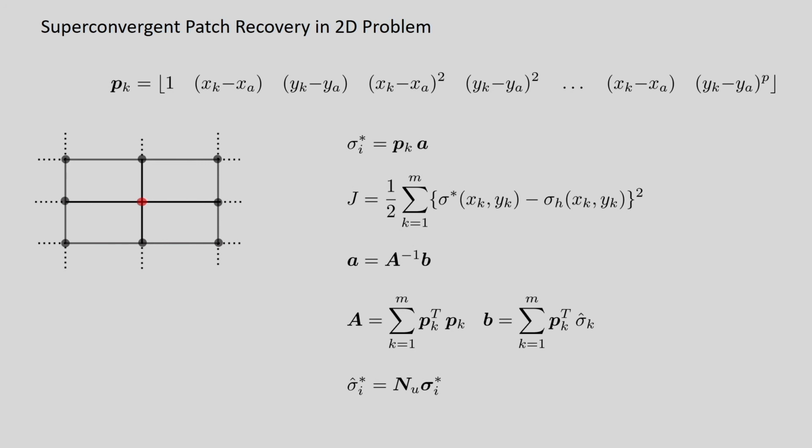Only thing we have to understand here is that we will be having more and more number of unknowns. So, suppose if I use p equal to 2, then in that case we have to use this many monomials, right. So, obviously, the size of p will be increased to 5 by 1. Because we have 5 monomials, obviously the unknowns will be of size 5 by 1, which will represent the recovered stress.